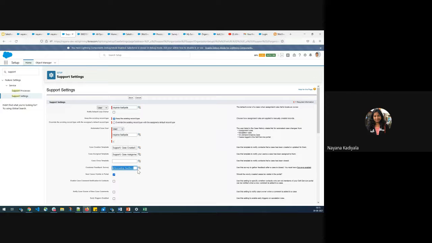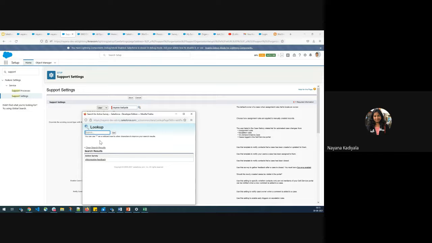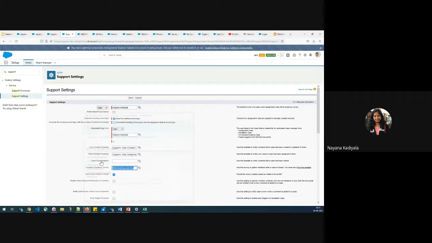So once surveys are enabled, you can select one. If you have not created any survey, go through the first session of Salesforce surveys and create one survey, select the activated survey, the survey which is in active state, and choose it here and just click on Save.